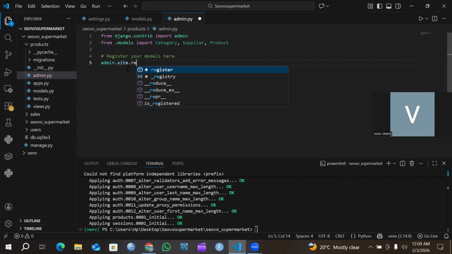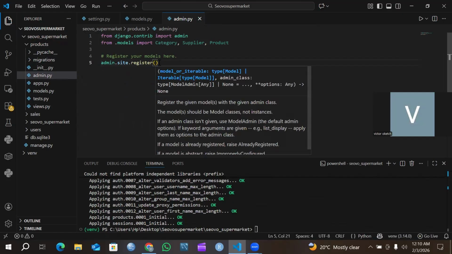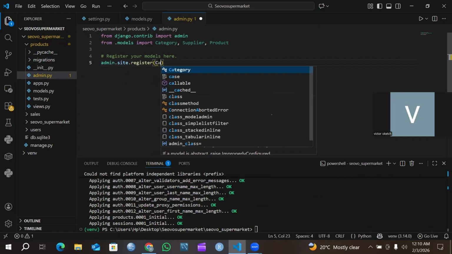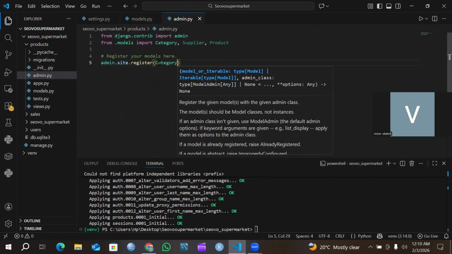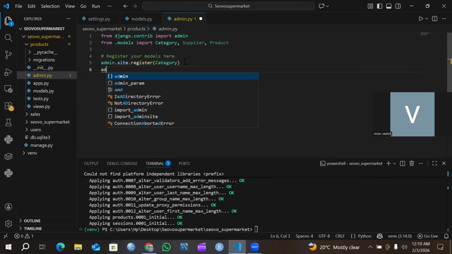We're going to register. So once you use admin, you will see it has brightened here. It's now different from this. Now we are going to register all this. Going to register one category. And see now it brightens. Also, on this admin site,